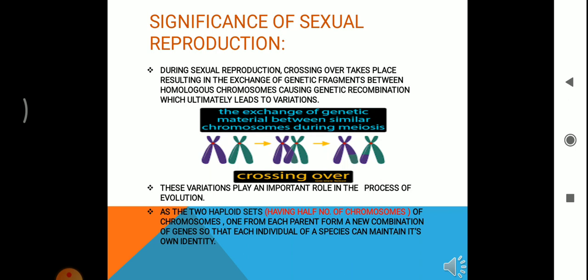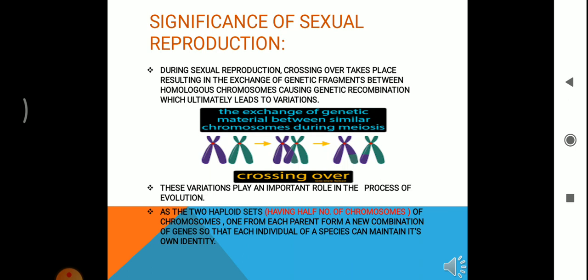Students, by the given picture, you can easily understand how exchange of genetic material occurs between two homologous chromosomes, resulting in variations or recombinants. These variations play an important role in the process of evolution. Now, what is evolution? It is the development of complex organisms from pre-existing simpler organisms through gradual change since the